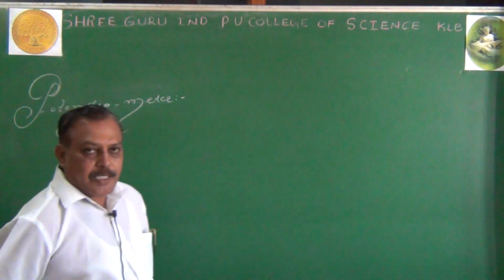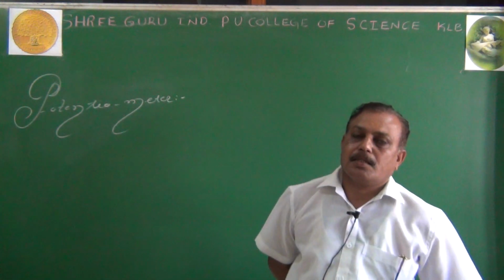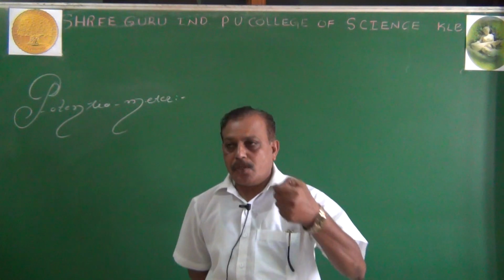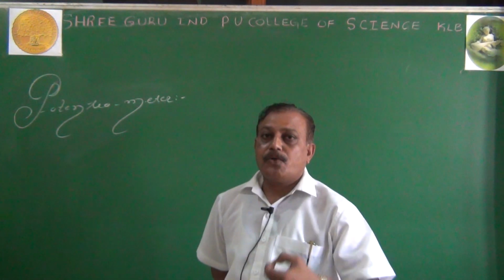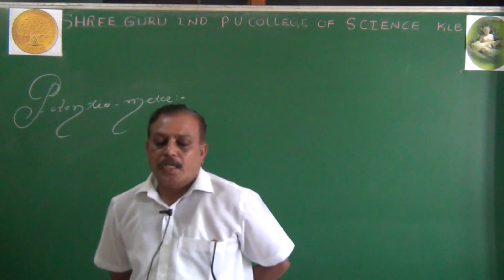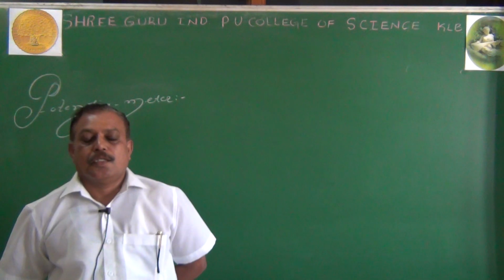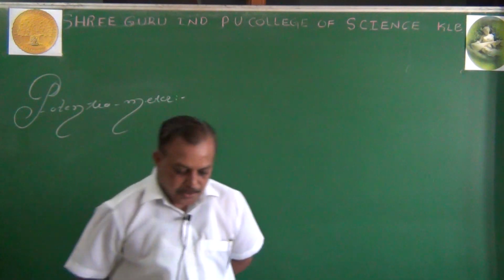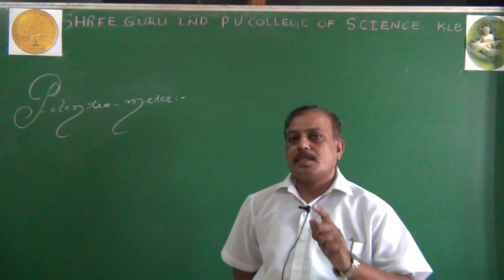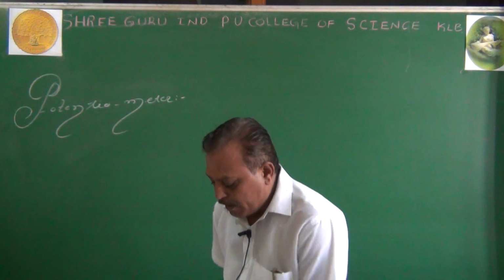A potentiometer is a device or an instrument which is used to measure the EMF of a cell or compare the EMFs of cells, and to calculate the internal resistance of a cell. Every cell has its own internal resistance. Without internal resistance, there will be no existence of the cell. If the internal resistance of the cell is 0, then such a cell is called an ideal cell. But there is no existence of an ideal cell.